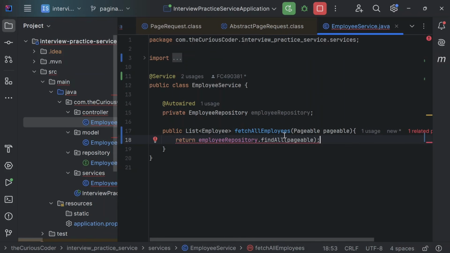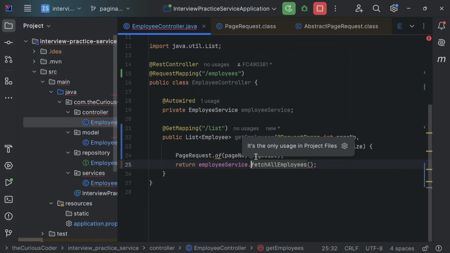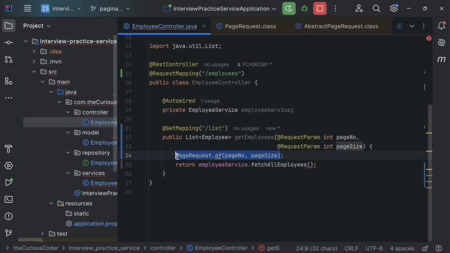We just have to add this pageable object in the find all method, and automatically it will run the offset query behind the scene. So all the calculations that was shown to you on MySQL is automatically done by this pageable object. Okay, so from here where I call this, I'll pass this page request object like this. I'll remove it from here,